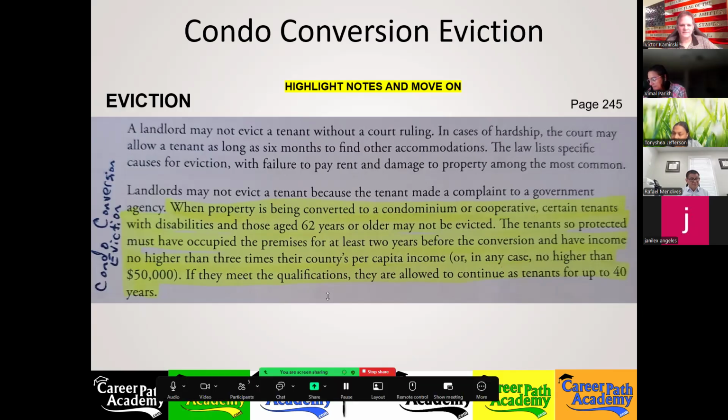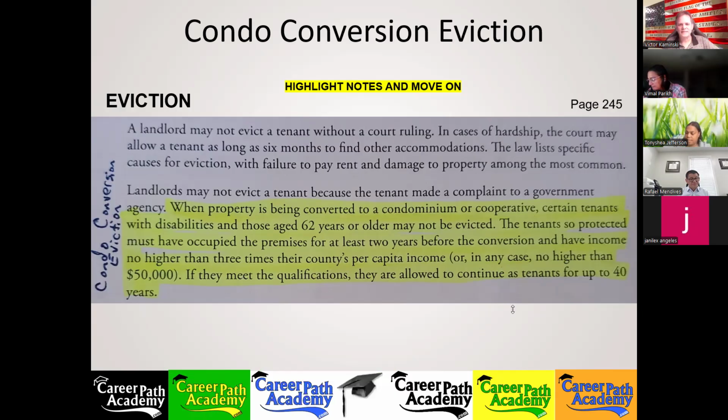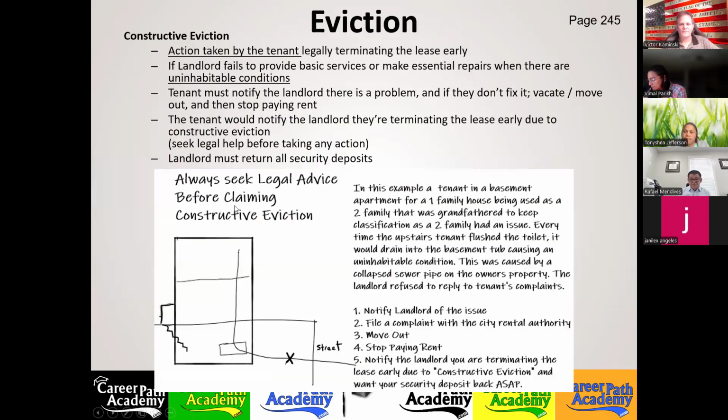Where property is being converted. So you guys got these highlights in? Yes. So now we learn about something called constructive eviction. Sounds like the word construction in there, right? So that's exactly what it is. When there's problems with the construction that create an uninhabitable condition, and the landlord is failing to make those repairs to fix it, this is where a tenant can legally terminate their lease early and not be in breach of